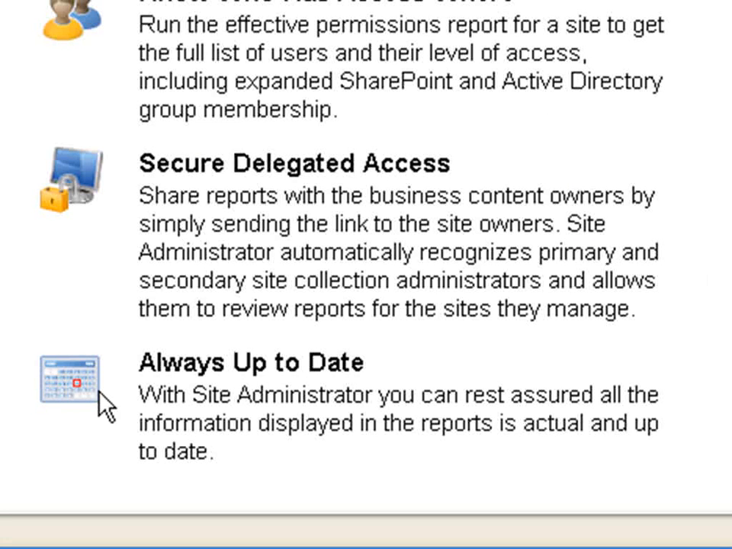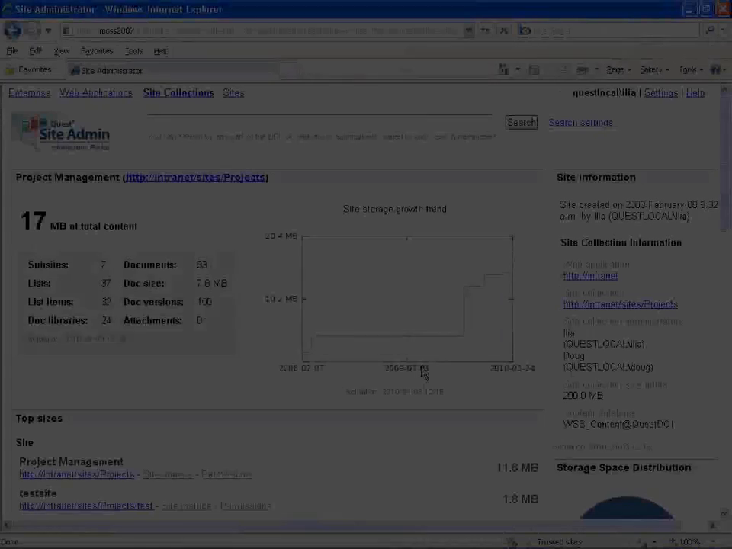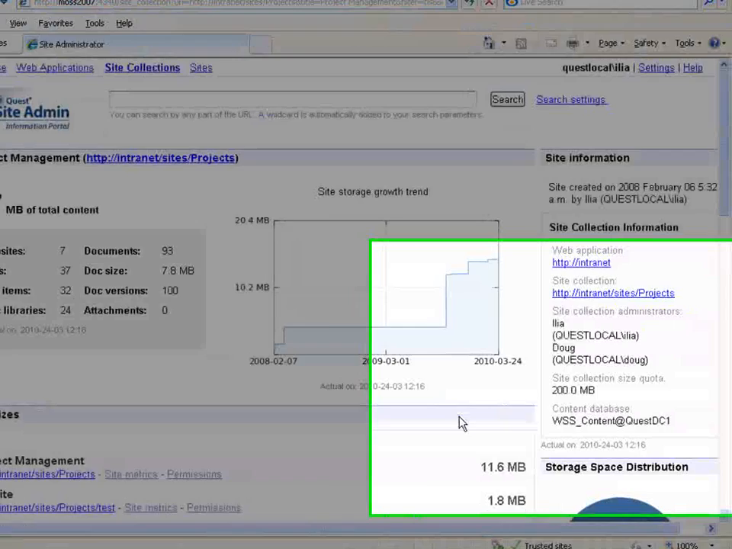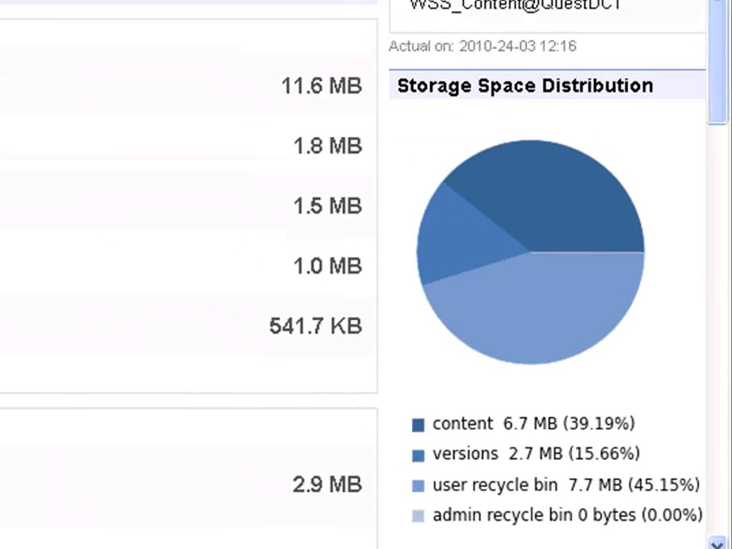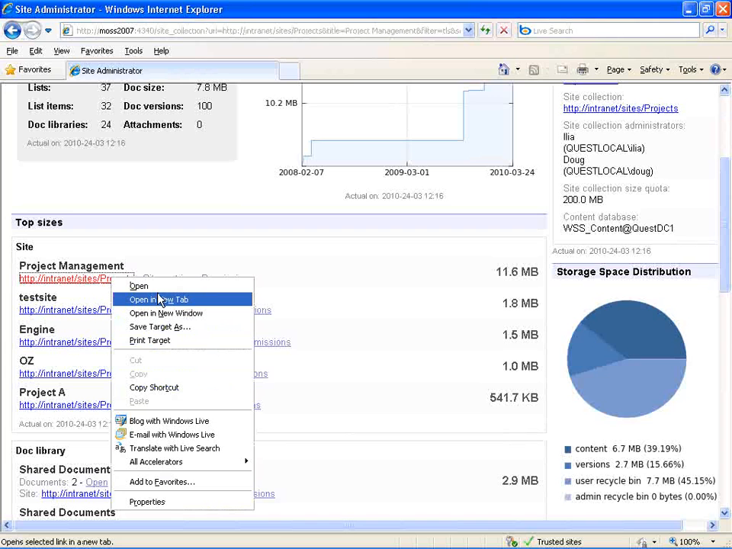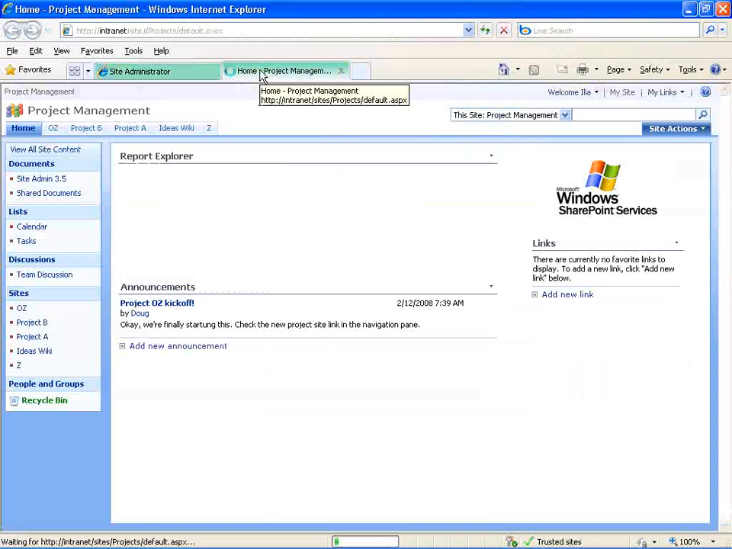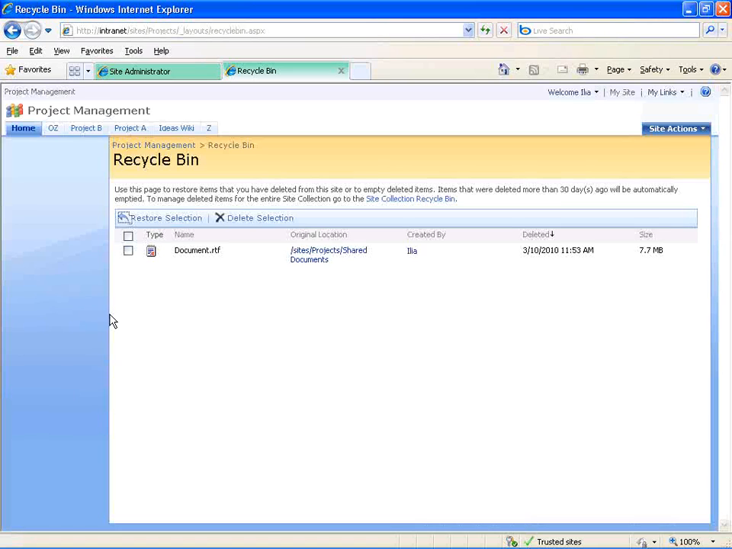Site Administrator for SharePoint Information Portal reports are always up to date. They show you actual information when you need it. So notice the storage space distribution for this site. We will go to this site now and restore the document from the recycle bin. Once this is restored,